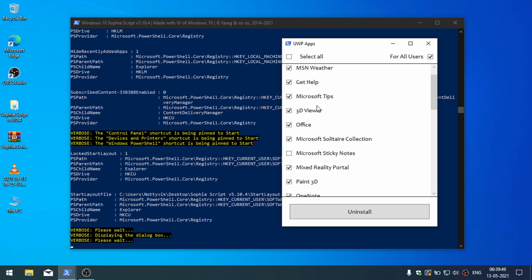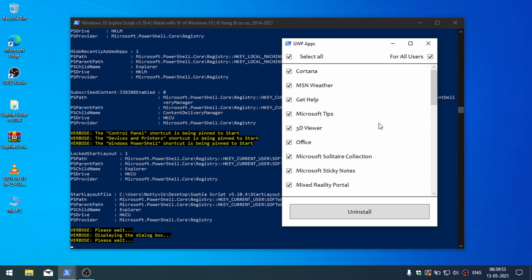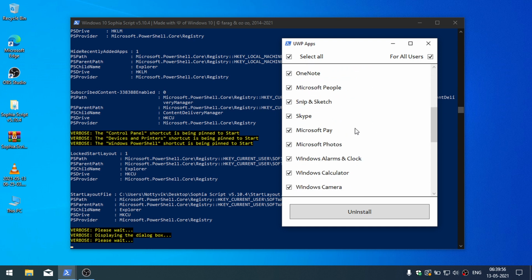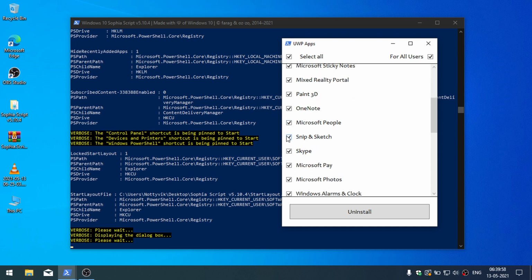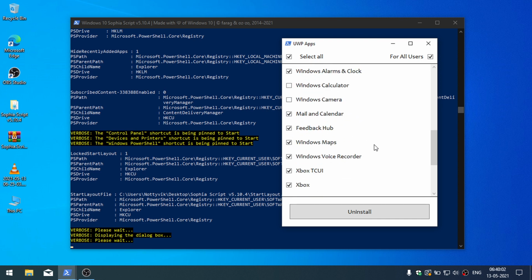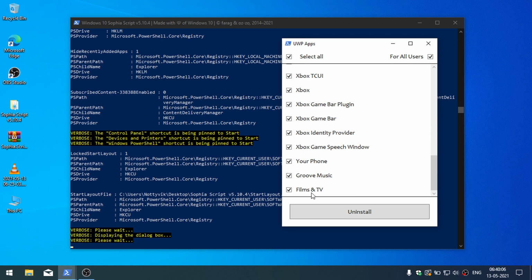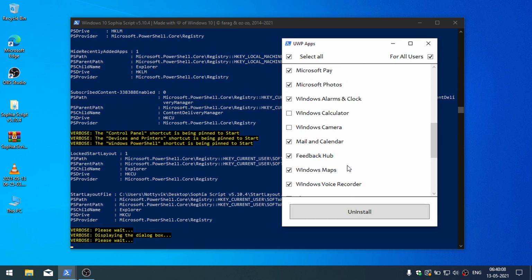So I will select from here. I'll select all, then I will unselect some of them. Like, I don't want to remove Windows Calculator, Windows Camera, and you can select anything. If you want to keep anything, just uncheck it.